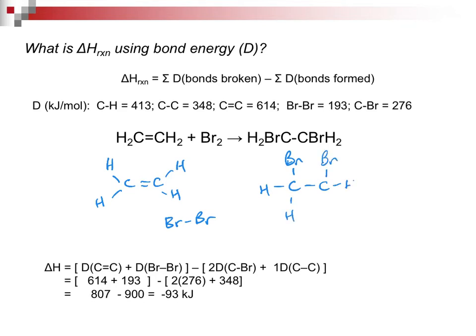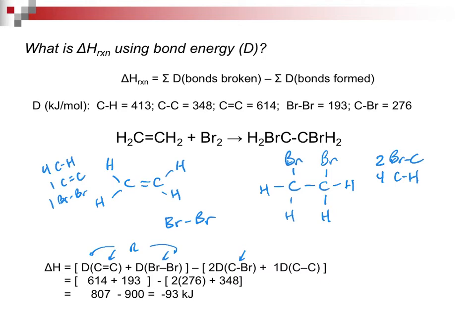We have bromines that have added across the double bond, and what you would do here is the exact same thing. I see 4 carbon-hydrogen bonds, I see 1 carbon-carbon double bond, and I see 1 bromine-bromine bond. So again, it's looking up the values, plugging them in, and coming up with the answer. That's again the reactants. They are in the beginning, and it is products. What do we get when we form the bonds? Well, we get 2 Br-C bonds, and we get 4 CH bonds.